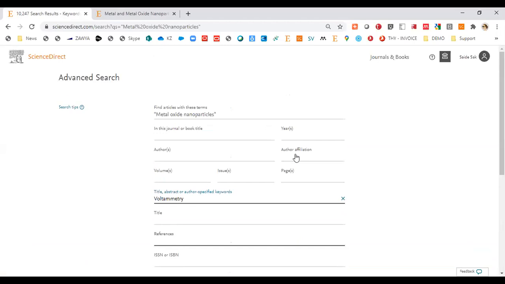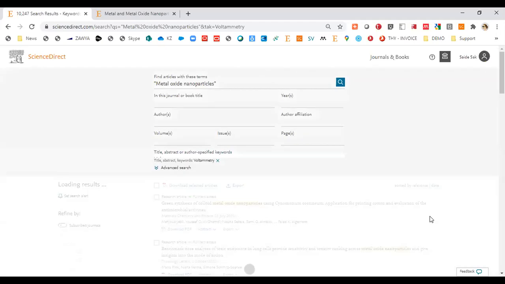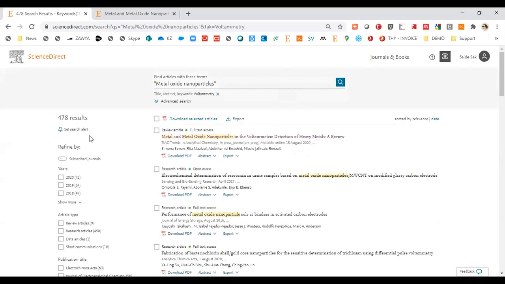Or if there is more information, for example, if you would like to check for an author, you can just type the author name or a specific journal or book title. Now I have 478 results. I started with 200,000, and now I have nearly 500 results, which can